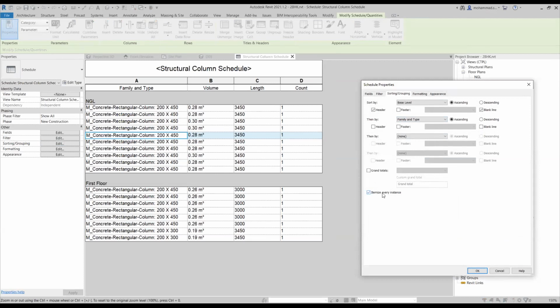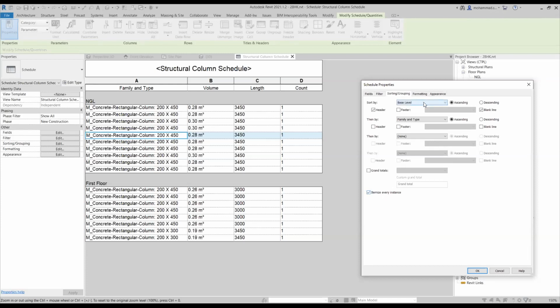This option allows us to create a line item for every instance of that family. But in my case, I want a consolidated result, a consolidated count of the family which is used per floor.